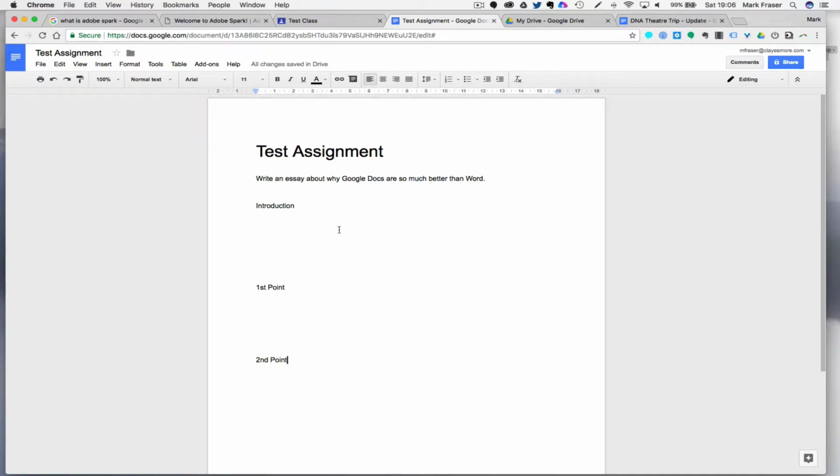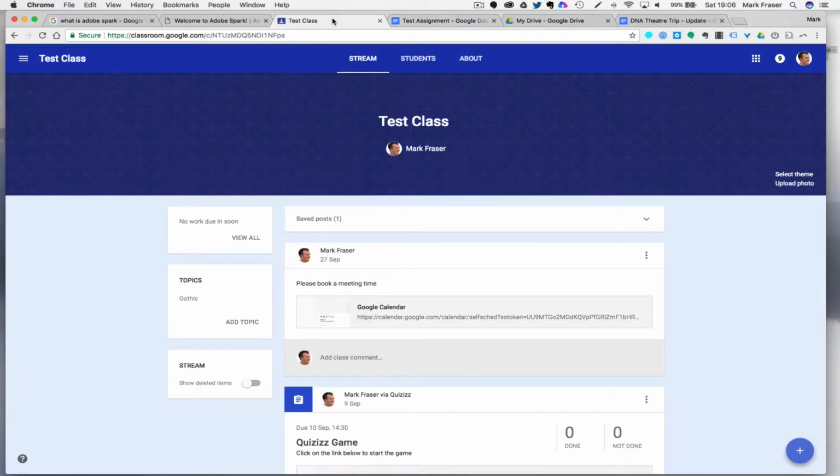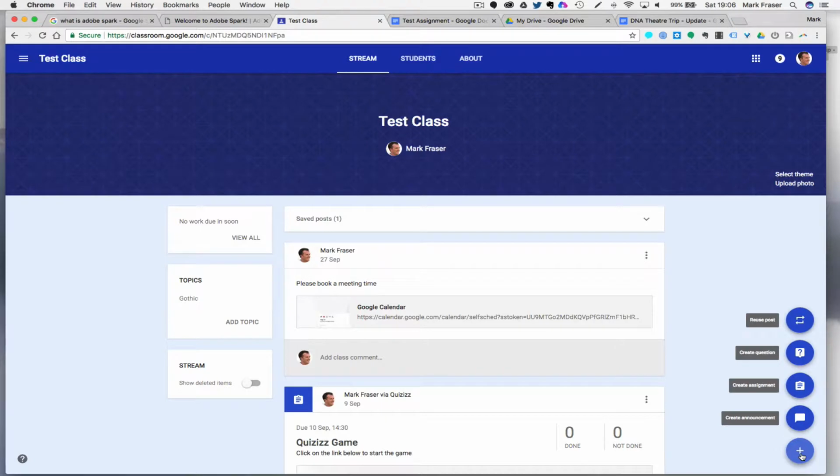You can give as much scaffolding and as much help in this document as you like. You could just give a title. I've given some paragraph hints here. You could give much more. That's entirely up to you. Create the document, and of course it will be saved in your Google Drive. Now I know there are some exceptions to this, and for some subjects you'll want your pupils to hand work in a specialist format, but in the vast majority of cases one of the Google Suite apps is the answer that you're looking for. So set the assignment, just come down here to the plus, create assignment,